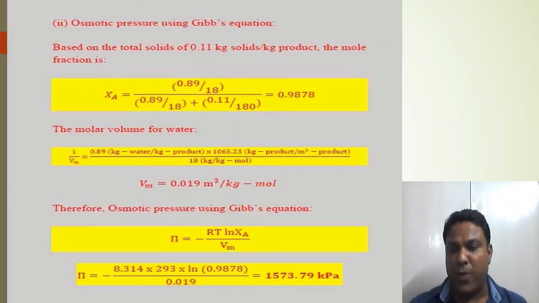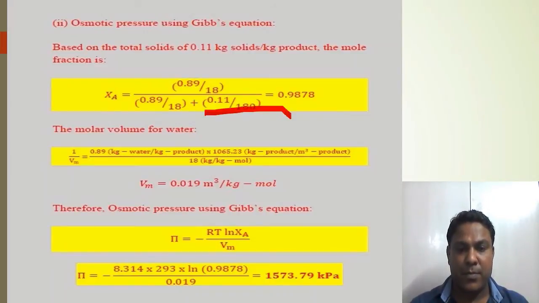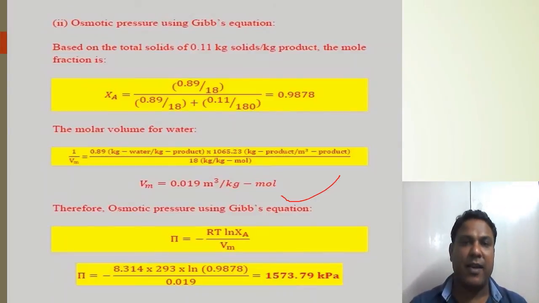So this is the mole fraction of pure liquid. Similarly, molar volume for water, we use this equation, and this gives 0.018 meter cube per kg mole, and therefore osmotic pressure using the Gibbs equation, pi equal to minus RT ln XA upon Vm, gives